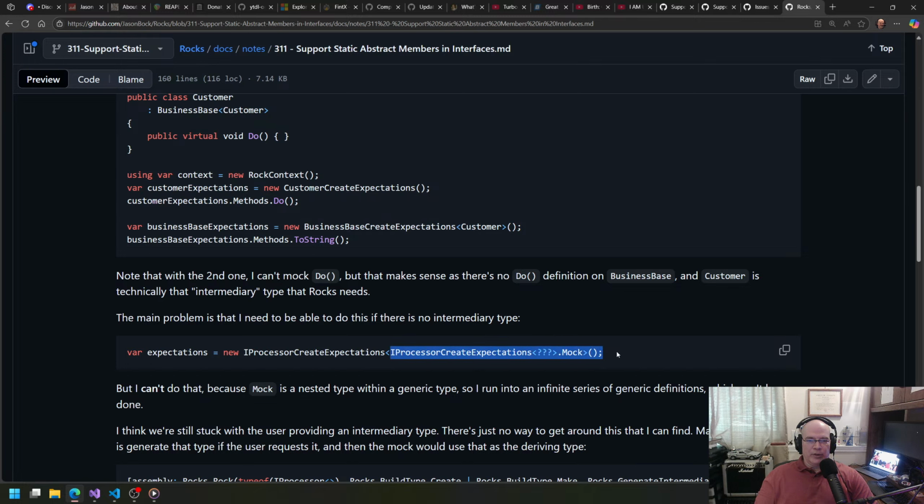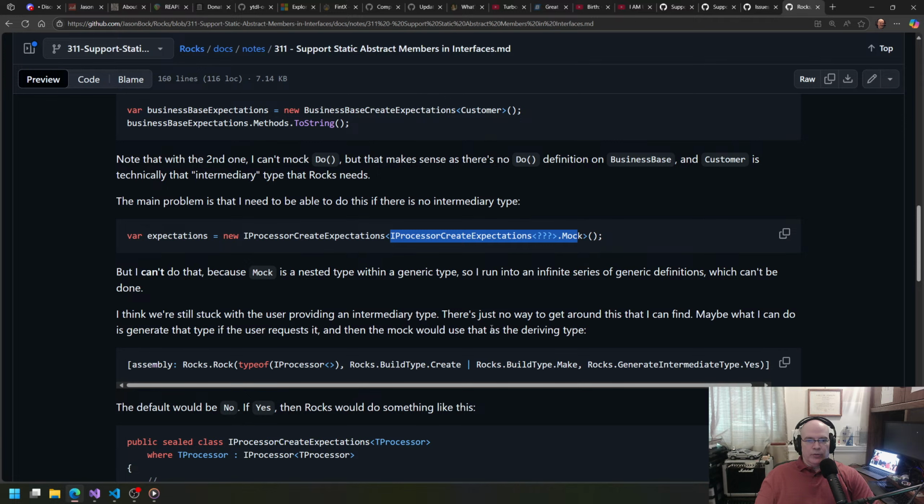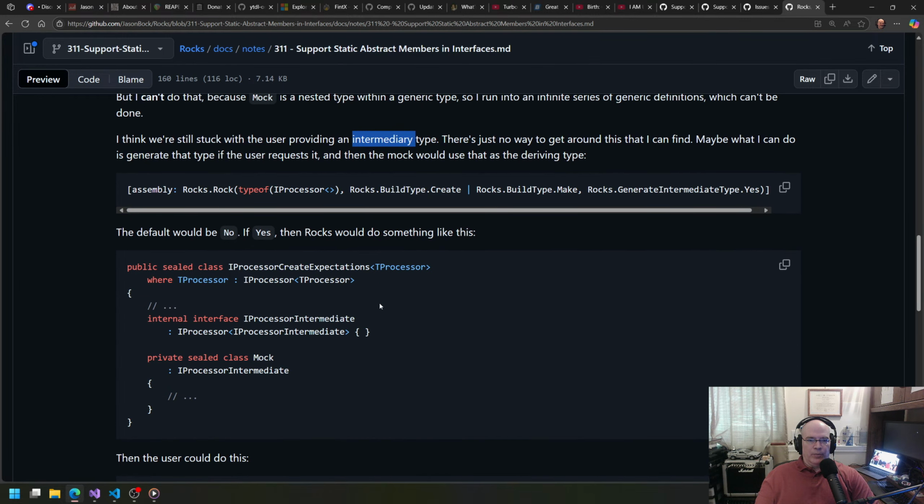Well, it'd be another thing of these, but then what would I fill in that hole with? And it just keeps going on and on. You can get around this with an intermediary type. That's something that a user would have to create themselves. Or I was thinking, this is just throwing stuff on the wall, I was saying, generate one for me. And so that's what your mock type would inherit from. Now the thing is, we'd also have to remove the constraint here, but we really can't because we